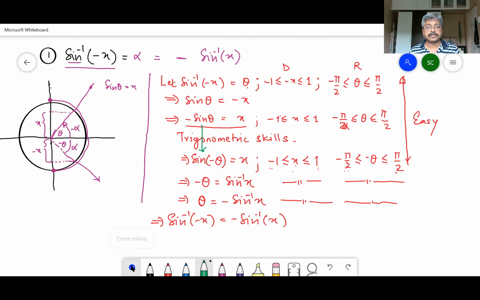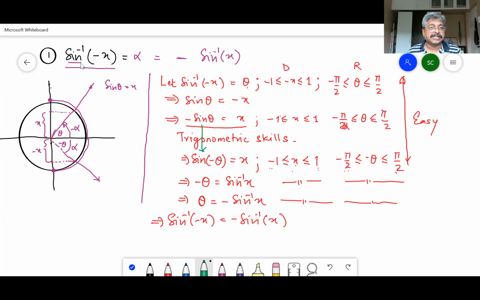Sir, explain the geometric proof once again. In the geometric proof, whatever we have done in trigonometry, the definition of sine, we are just using it to answer this question. Okay, so if you are talking about x and opposite of x, sine is defined as y coordinate, therefore I take x here, opposite of x will be here. Corresponding terminal ray will be this in case of x, and corresponding terminal ray will be this in case of opposite of x. So if this is the terminal ray and if this angle is theta, then of course this angle is going to be minus theta by symmetry. We know that they are opposites of each other. If this angle is alpha, this is going to be opposite of alpha.